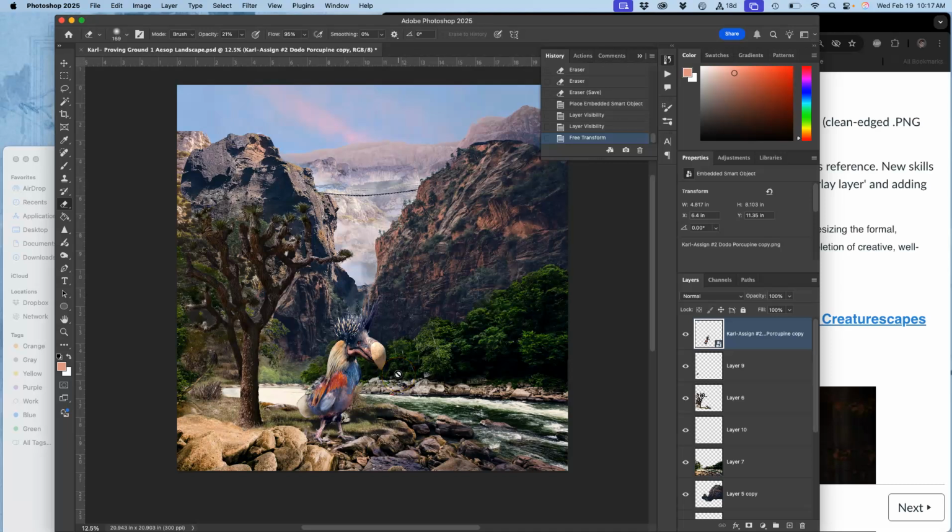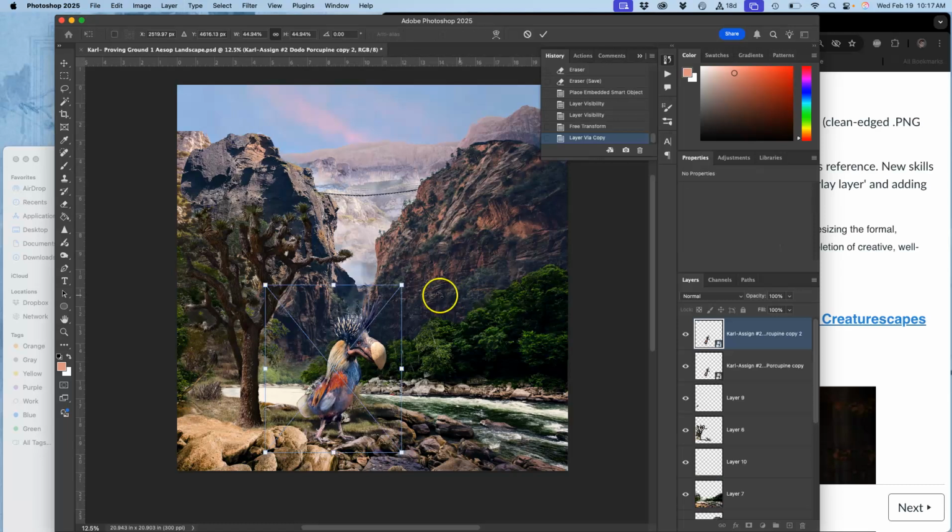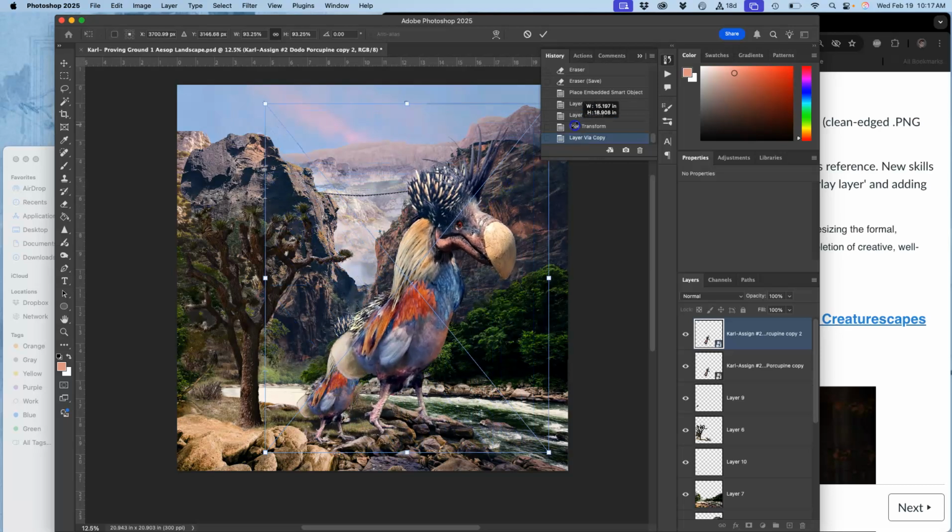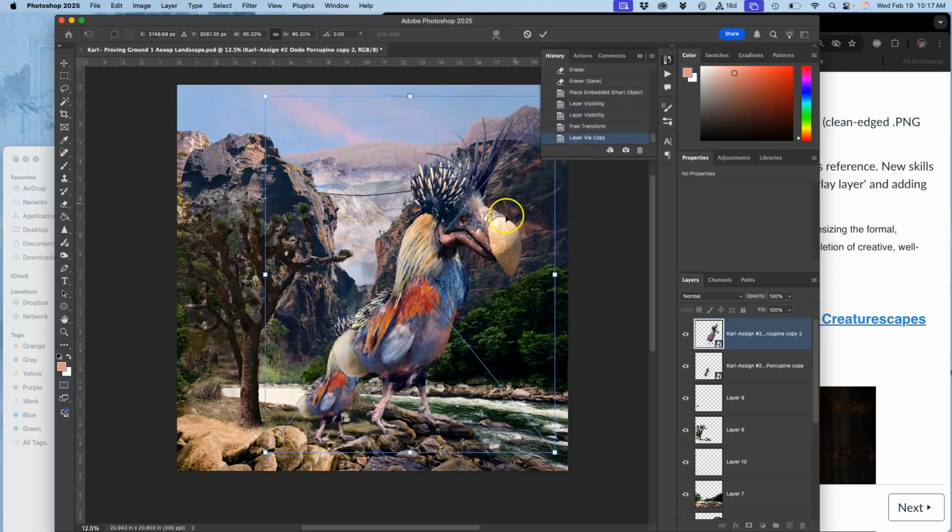Another option is I can be more creative with it. I can make it huge. But if I'm making it huge, maybe I don't